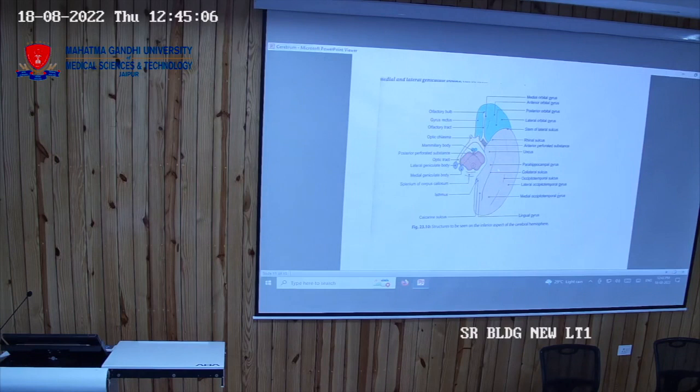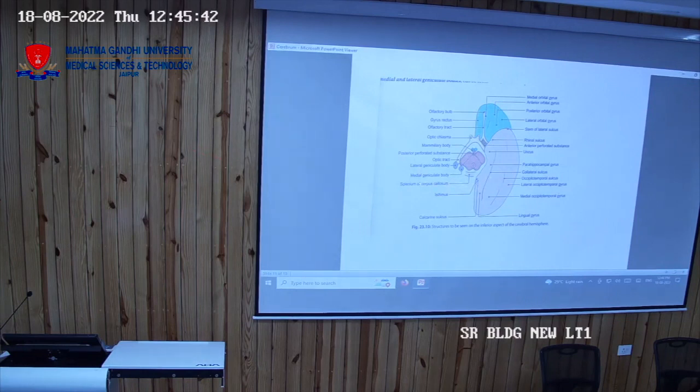Now look at another part. This is the occipitotemporal sulcus. So the gyrus present between the occipitotemporal sulcus and the collateral sulcus is the medial occipitotemporal gyrus, this one, and the gyrus present on the lateral side is the lateral occipitotemporal gyrus. See another part. What is this? Collateral sulcus and